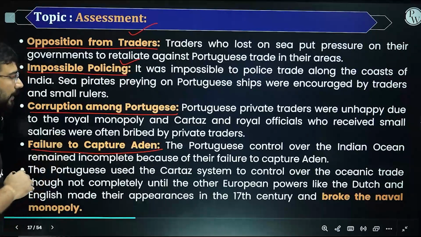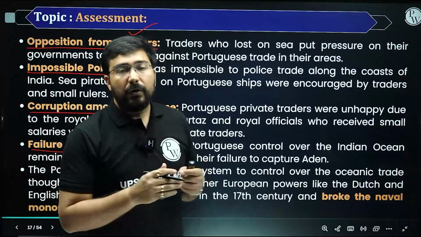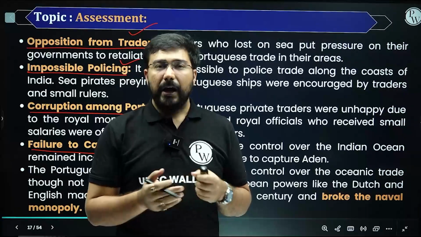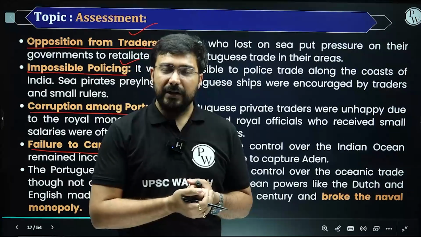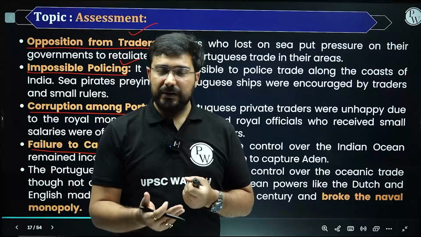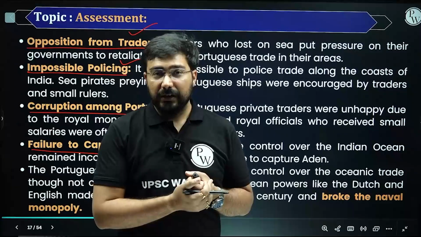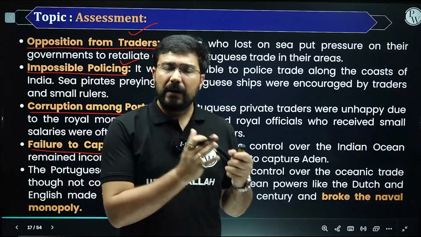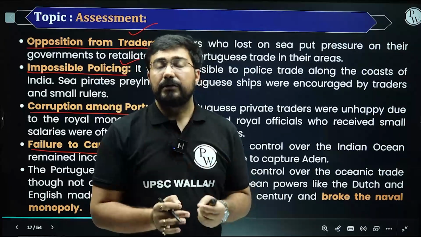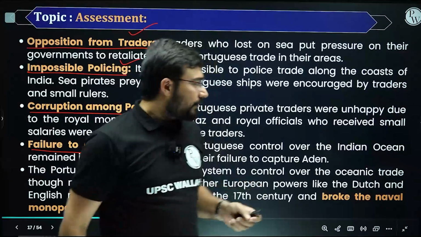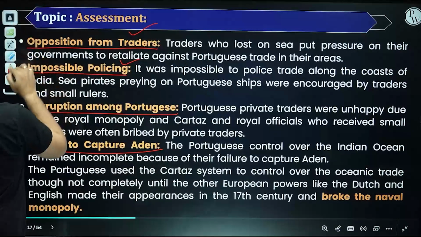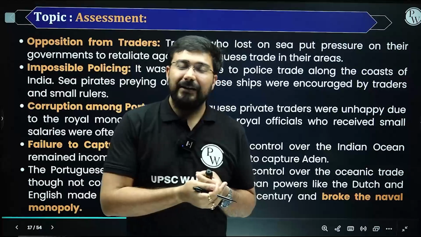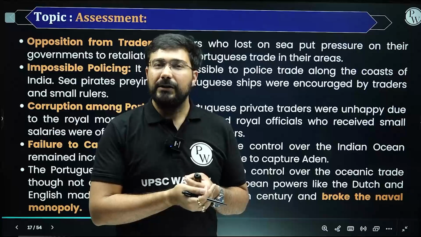Finally, because of this, they were not able to create a strong monopoly in India during the 16th century. And by the 17th century, as we have just discussed, we see the entry of two major powers initially in the first half, that is the Dutch and the English, and they will be responsible for breaking the monopoly. Whichever level of monopoly they were able to create, that was broken down by both of them. That's why by the 17th century,